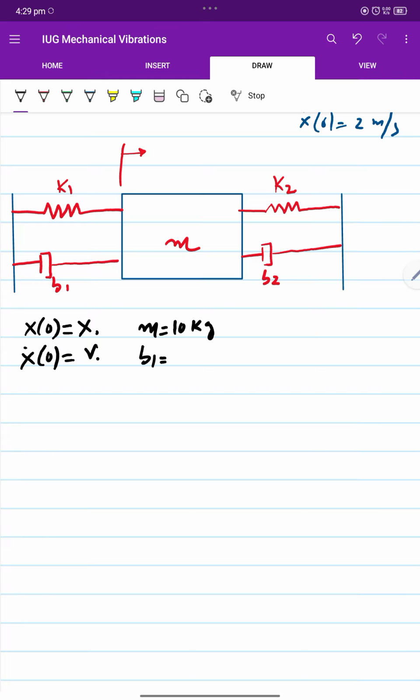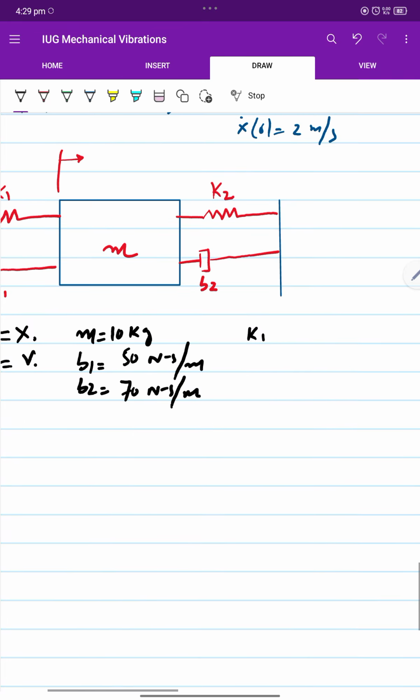The damping for the first damper is 50 newton seconds per meter, and the damping for the second damper is 70 newton seconds per meter, and the stiffness for the first spring is equal to 400 newtons per meter, and the stiffness for the second spring is 600 newtons per meter. So that's all we have, and now we'll start with the solution using the general solution method of a differential